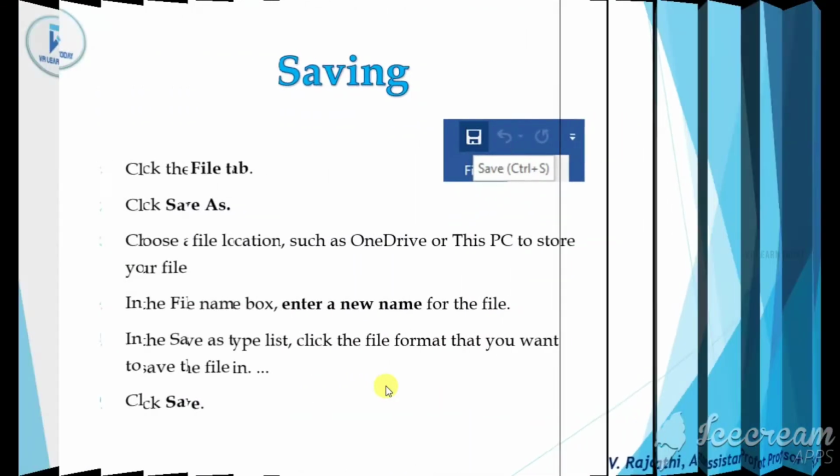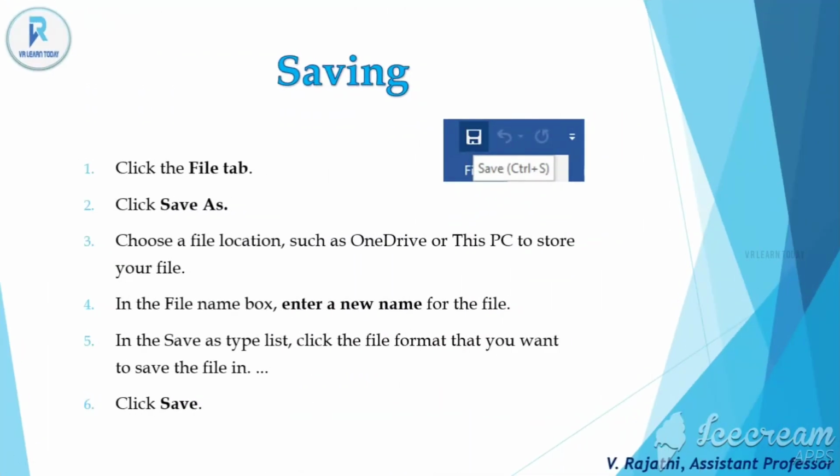So next we have to know how to save the document. First we saw how to create a document, and then how to format the text, it's nothing but editing. Then how to make a table, how to add a picture, how to format, and how to use format painting and find and replace, all those things we have seen.